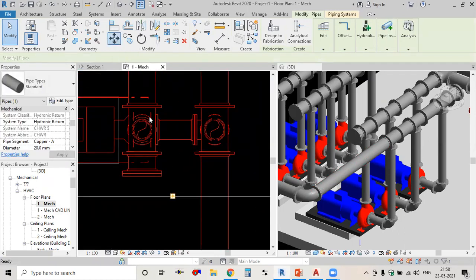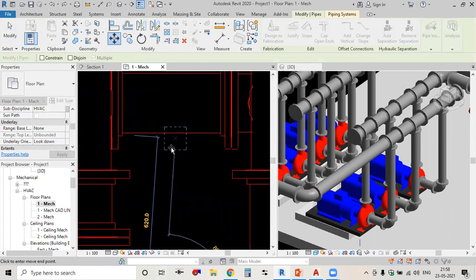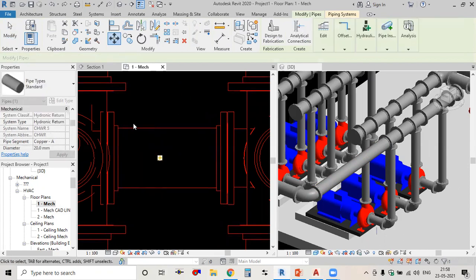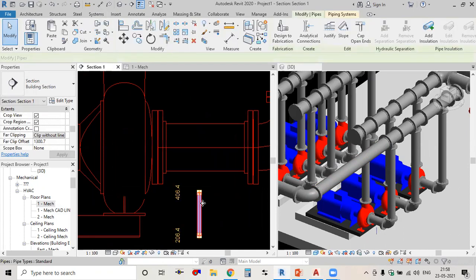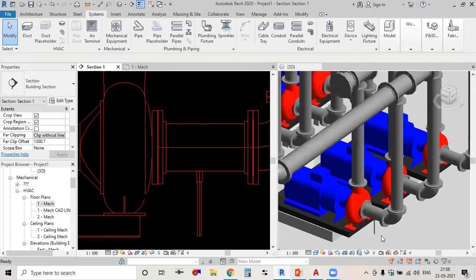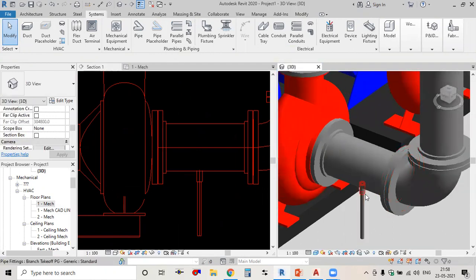So you can move that or you can align it with the help of align tool. So I'm moving it from here to here. Then I'll go to the section, select this pipe. Now you can connect. And here also you can see in the 3D we have a connection with the tapping.